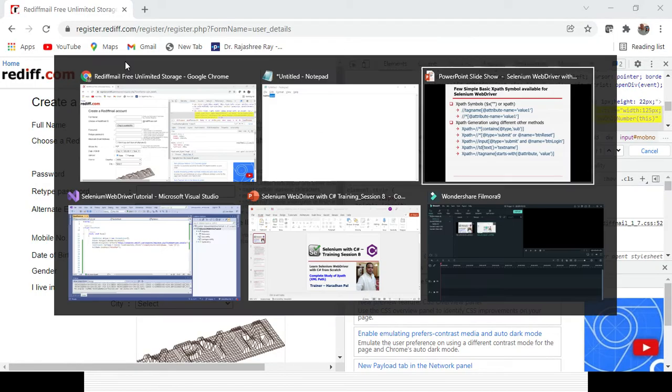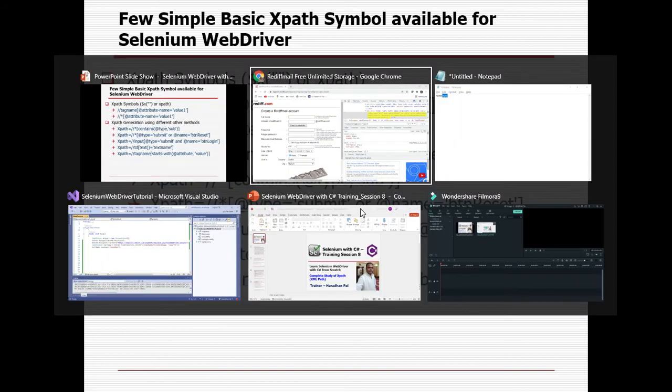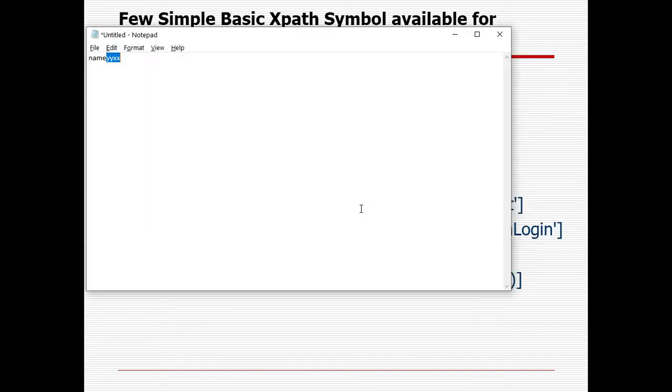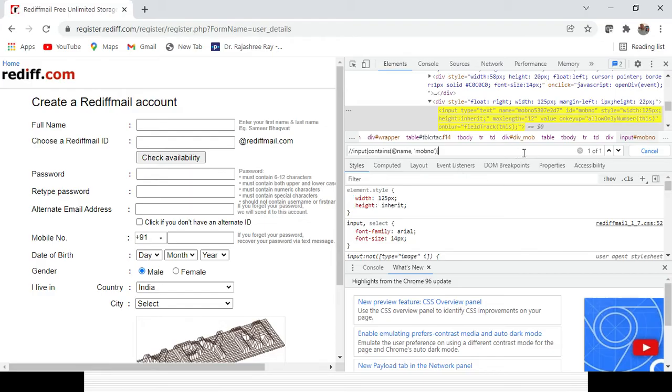So you already saw how to create XPath with the help of contains, or with the help of starts-with, right? Now let's try to create it with AND and OR. OR is useful where, in case one property gets changed, another property might remain constant. So we can use both keywords so that, with one particular type, we can identify the XPath. So here, starting with input, give a third bracket, and here I can identify either with the mobile name or with that one, right?